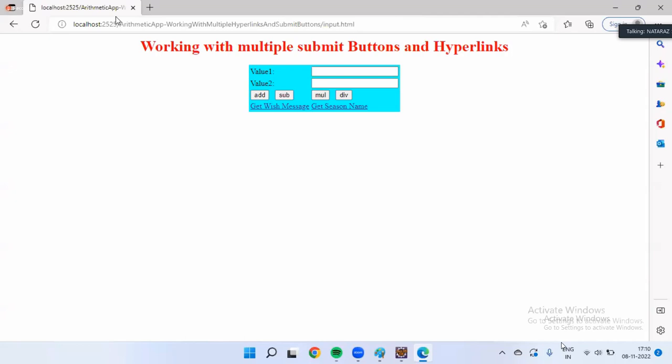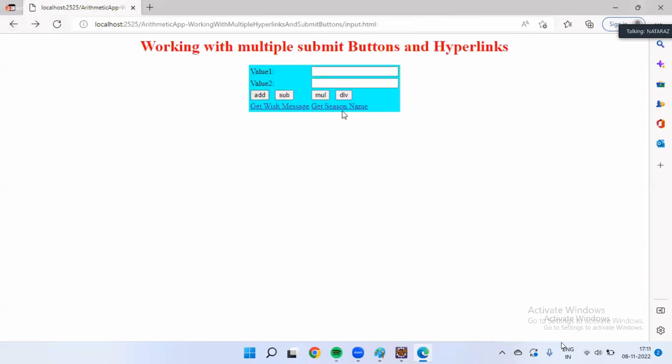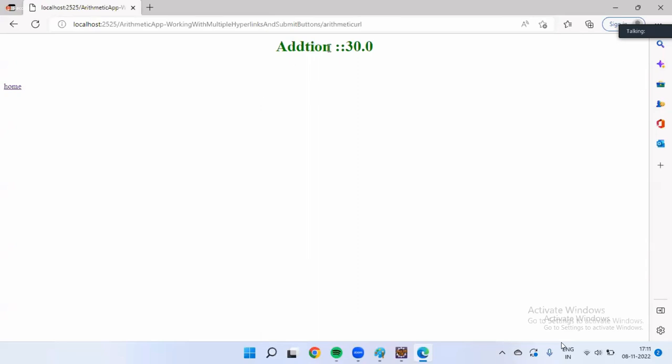Convinced with me? Okay. Now you observe when you click on hyperlink, look at the browser address bar. S1 is equal to link 1. S1 is equal to link 2. This internally carries what? Request mode is taken as post, guys. In post mode request, form data will not be visible in the browser address bar. So while sending username passwords,